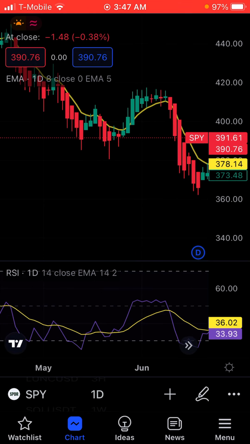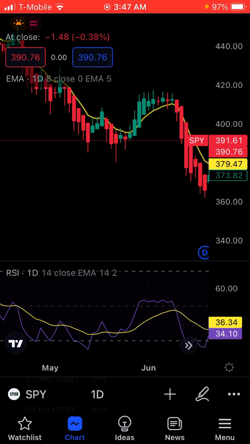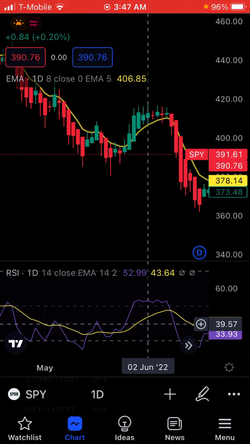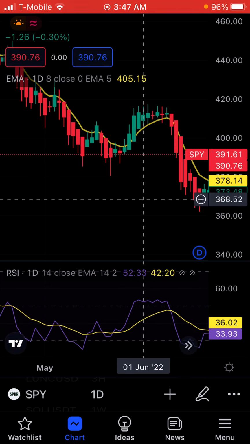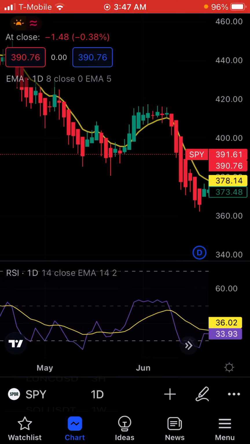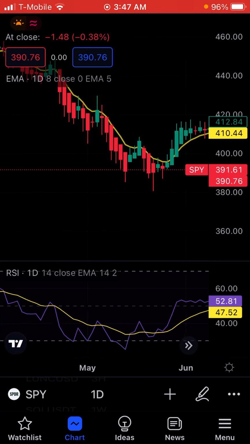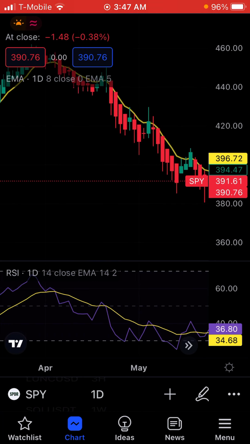So whenever it's sideways like this, you see the RSI is kind of in the middle there. That's the indication to me to hold off. I only do my option trading when the RSI is either at the top or it's at the bottom. And I see the candle peeking through the 8 EMA. That's the time that I get in. When it's a bunch of sideways stuff, it can really go in any direction.